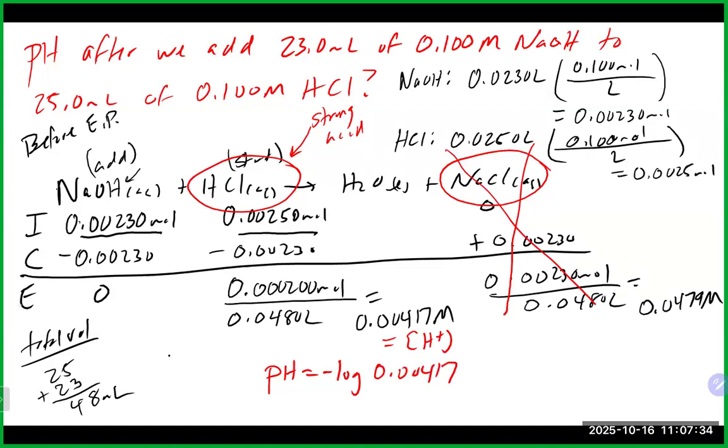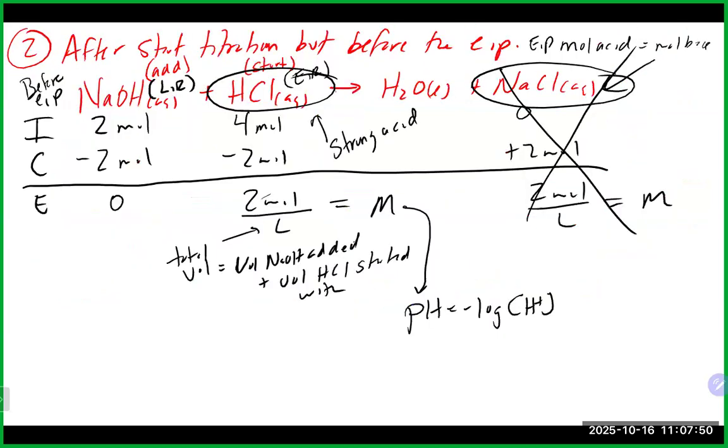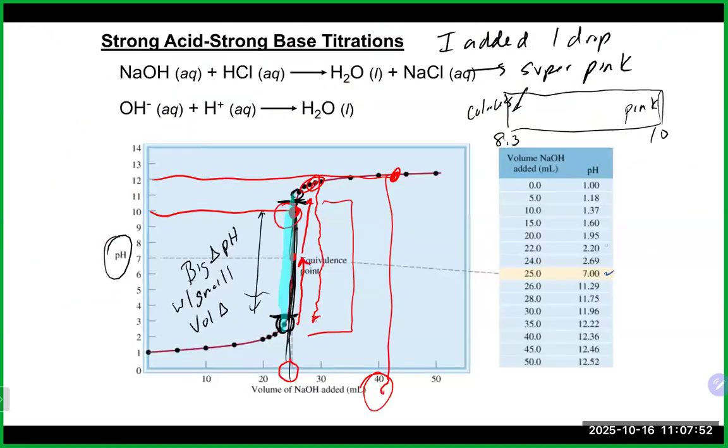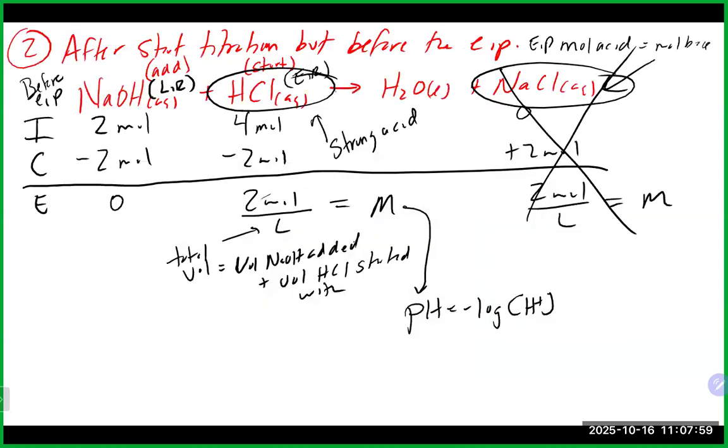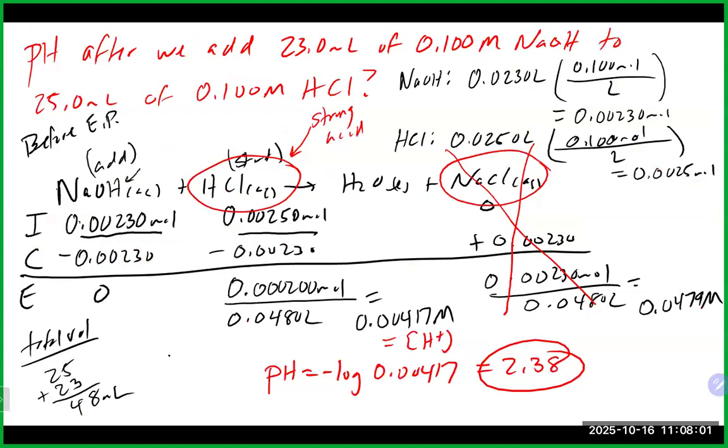And we will end up in this case here, I want to use the right number there, 0.00417, looks like a pH of 2.38 in this case. Any question on that? See how we did? I think this is this titration here. So we're at 23 and 2.38 is between those two spots. Not bad. Hopefully it didn't screw up. That's good. Any questions on strong acid, strong base titration? All right, we will obviously lay that up for